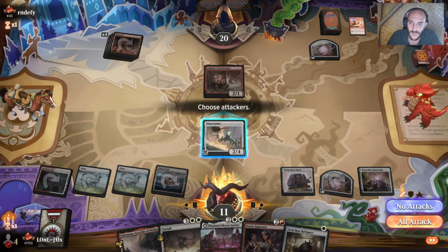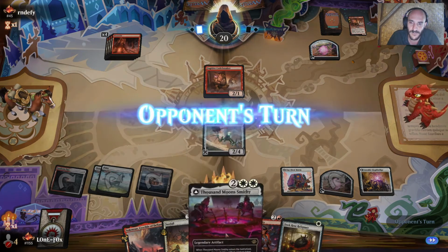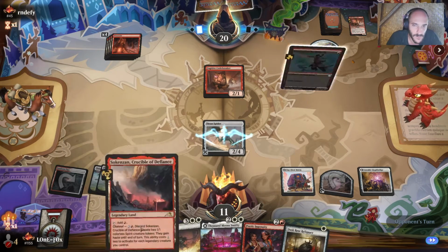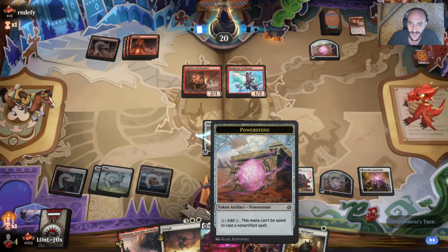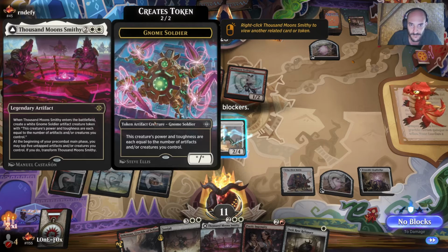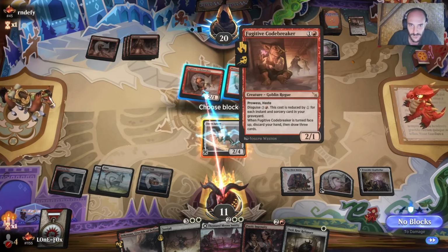Next turn, we would play this, you know, if we'd played the Smithy now. Yeah, you know what I'm talking about. We didn't want to sweep our own gnome. Because it would have been bigger than...